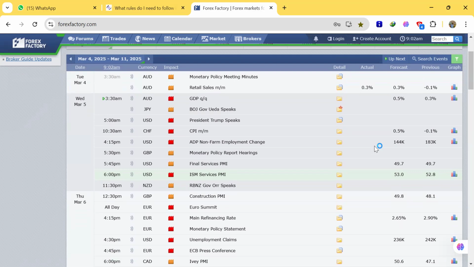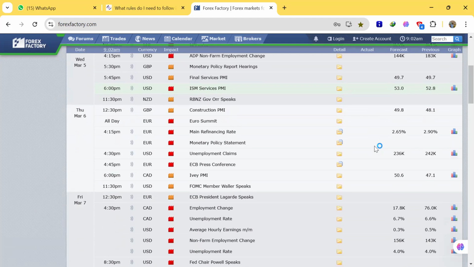Looking at today's analysis of the fundamentals, you can see we had one news event in the morning on the AUD, which was basically the monetary policy meeting. But we also had the retail sales on the AUD. So today we don't have any other major news event. But from tomorrow we'll have the ADP, and that's where we'll also have the monetary policy for the ECB. Then on Friday, we'll have the biggest news event, that is the NFP.